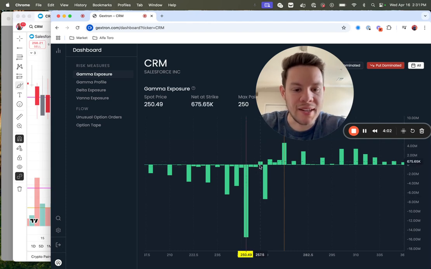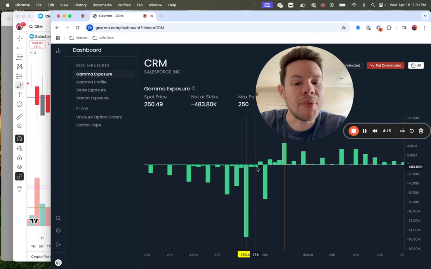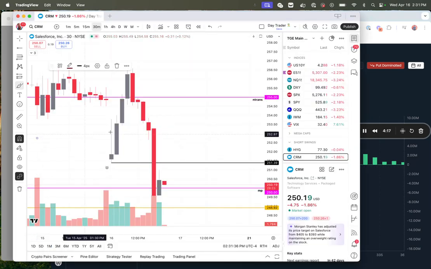Everything in between here, like 257, 260, this is chop area because it's positive, negative. I want to avoid that. If I want to take a long bias position, it would be above 262.5 and higher. But price went below 255, and when it did, we took our opportunity in puts right here around this time